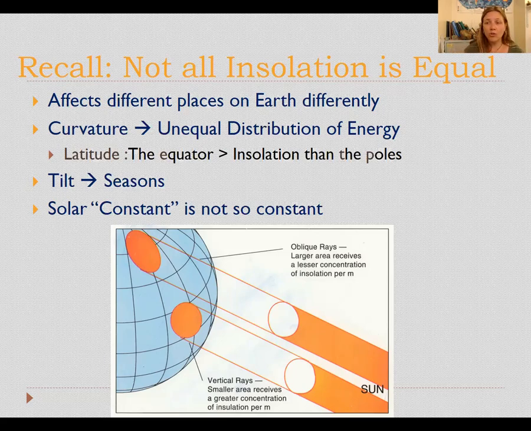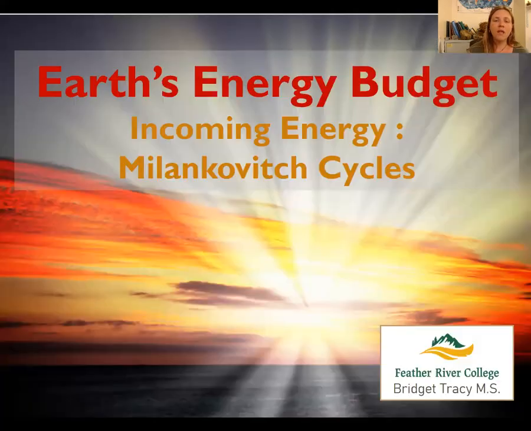There are solar cycles, and so there are different amounts of energy arriving here in the first place. That's important to keep in mind when we're trying to have a comprehensive understanding of global climate as well as regional climate. Okay, we're going to stop there, and then we're going to jump into more detail about